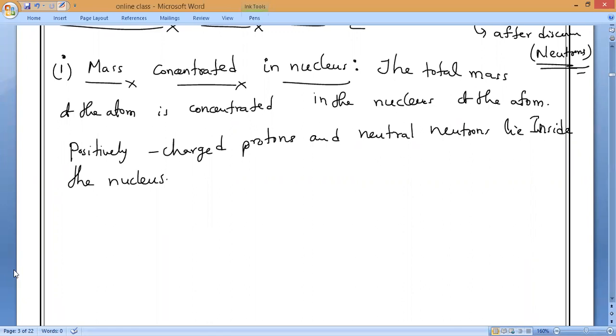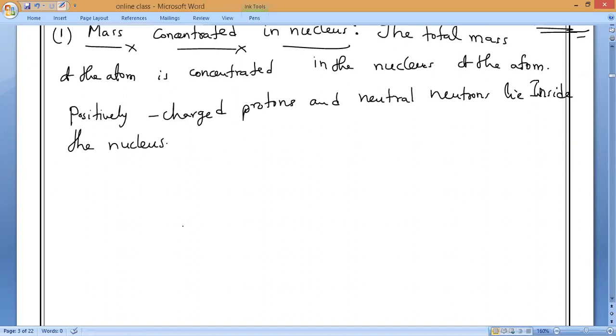Completed? Next, the second one. As we know, electrons are surrounding the nucleus, so they are not present in the nucleus. That is the second one, the Rutherford atomic model, the planetary electrons. Electrons are revolving like planets around the sun. That is what he proposed, but how they are revolving, Rutherford did not explain. That is why it is a disadvantage of Rutherford.